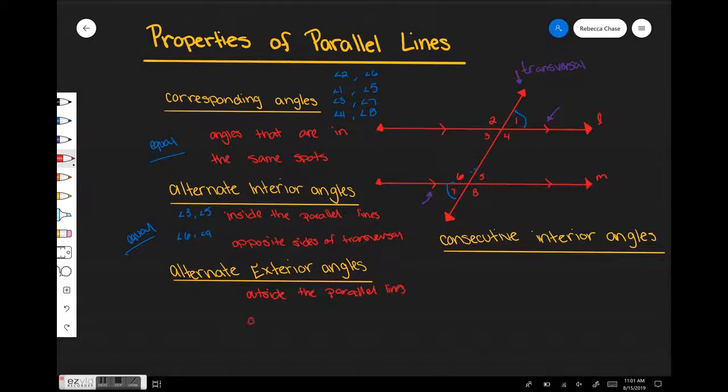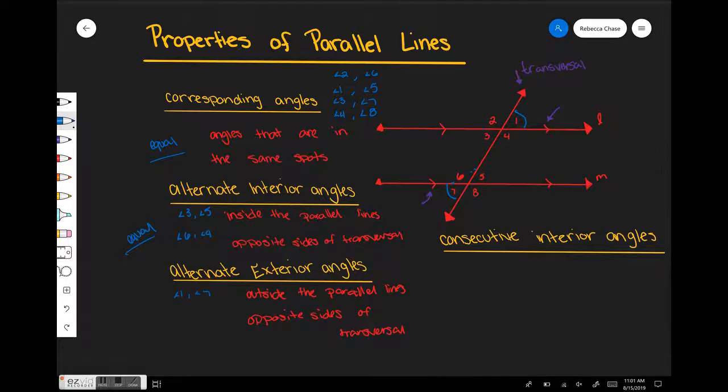If I write out my pairs for that, it's going to be, we already marked